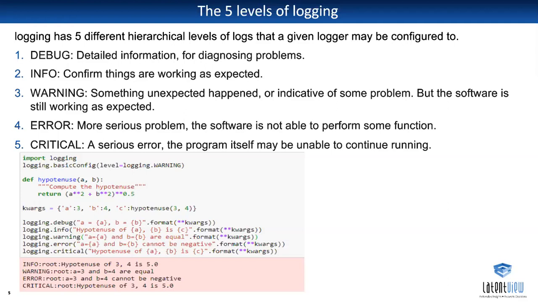And warning is an indication that some problem may happen in future. The actual application will run properly. It won't affect the application, but for example, if we have declared a variable that is not being used in any of the code, it will show a warning like this variable is defined but it is not used. So in that case, these warning messages will appear.